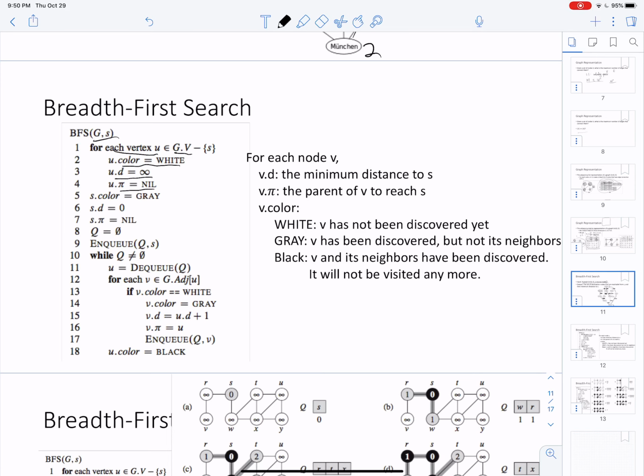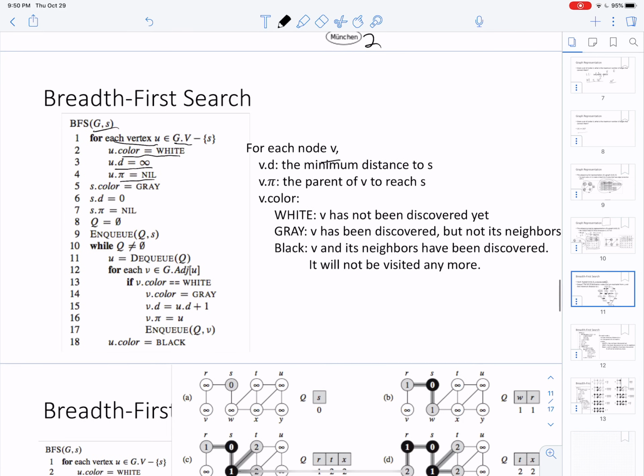So let's first look at what each value means. For each node in the graph, v.d means the minimum distance from this node v to the source node. And then v.pi is going to be